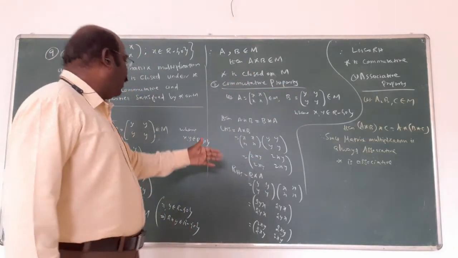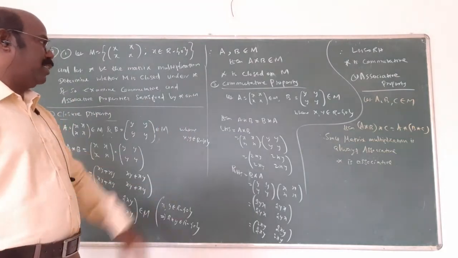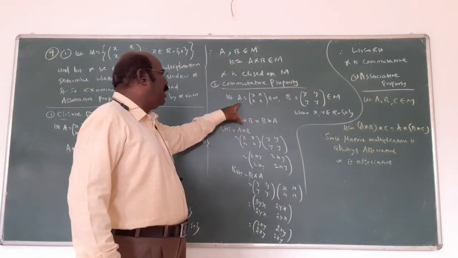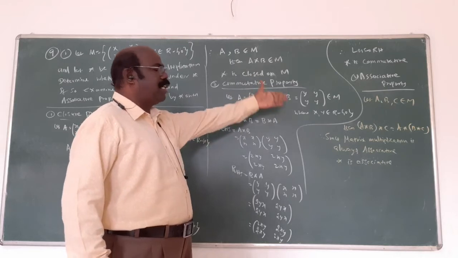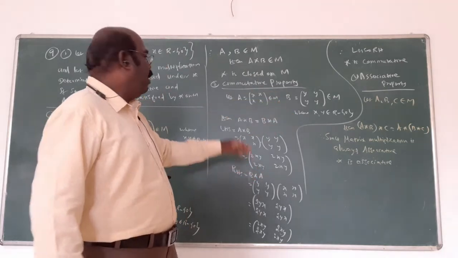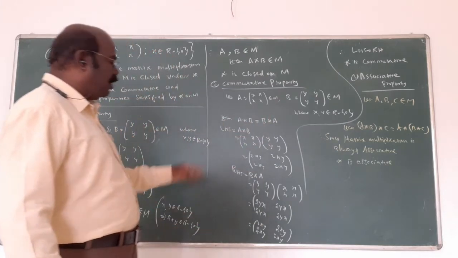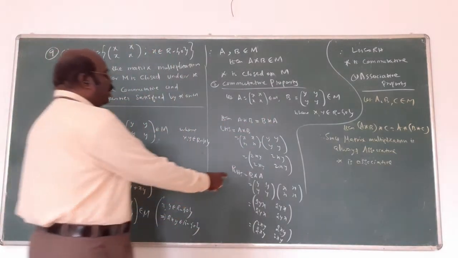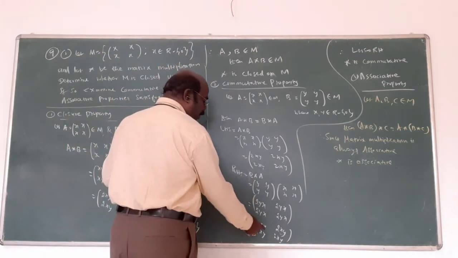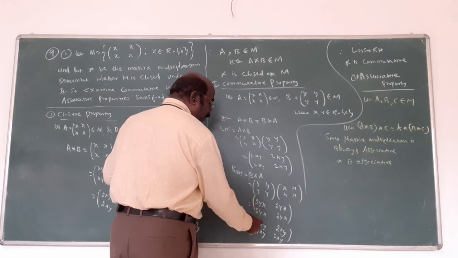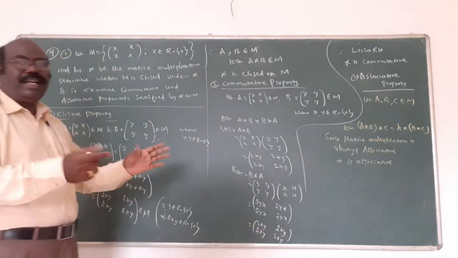But the commutative property you will prove, LHS equal to RHS. Write the formula clearly. This is the formula. What is the commutative property definition? Assume A and B separately belong to M. Then multiplying A with B, and B with A, will be equal. Here 2xy and 2yx are equal. What is the reason? It is ordinary multiplication, not matrix multiplication, and ordinary multiplication is always commutative. That's why you can interchange. That is all.